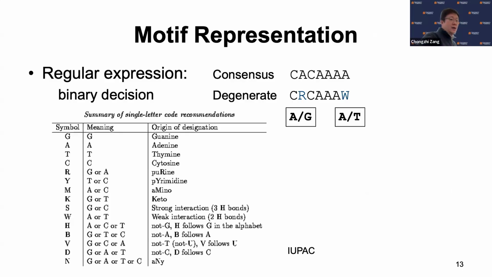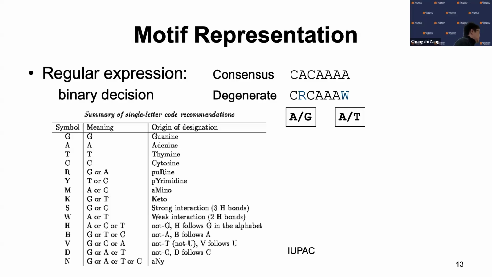So how to represent a motif in a quantitative way? The most straightforward way of representing a motif, a recurring sequence pattern, is just a regular expression. If we know the consensus sequence, that's the clearest way of representing a motif. Say CACAA. That's a very deterministic way, or we can make a binary decision: if it has this sequence pattern, we call this a motif occurring in this region. But in most cases,